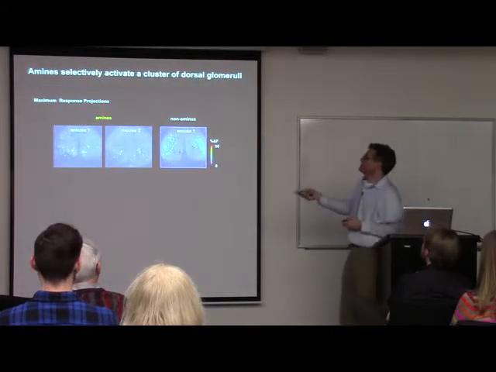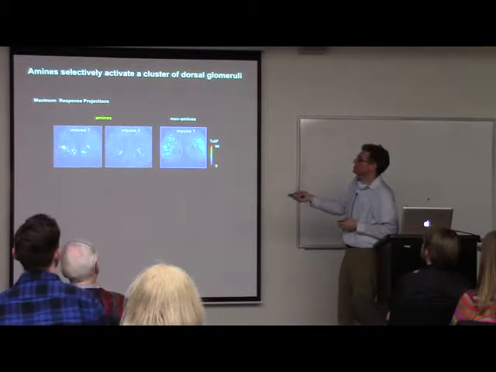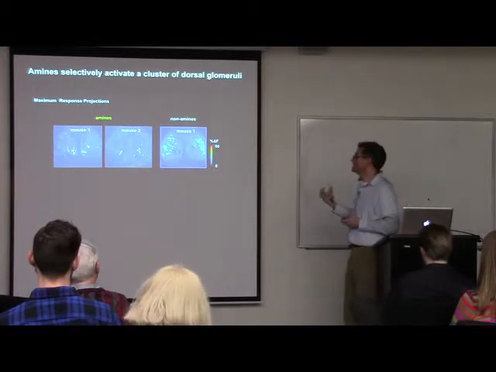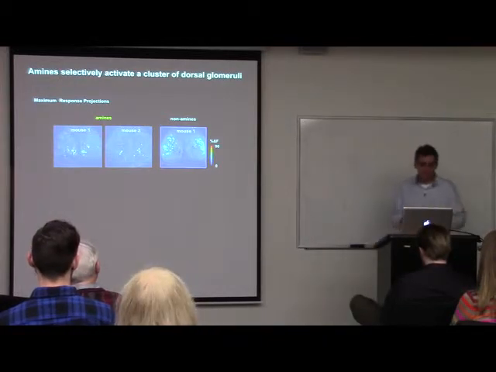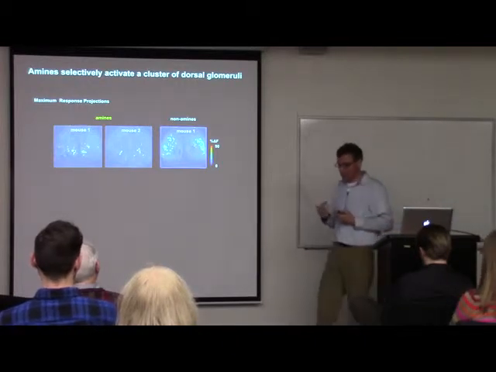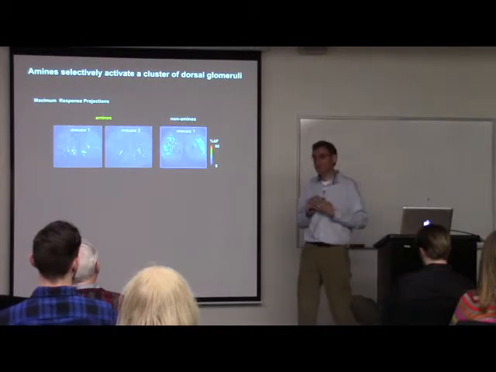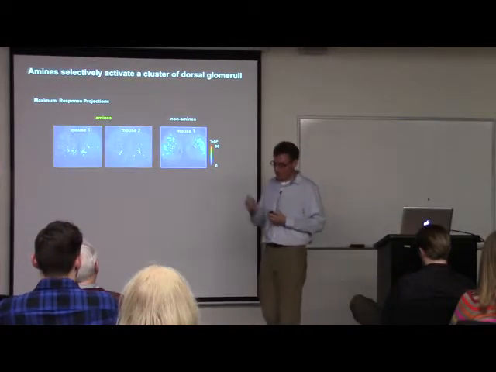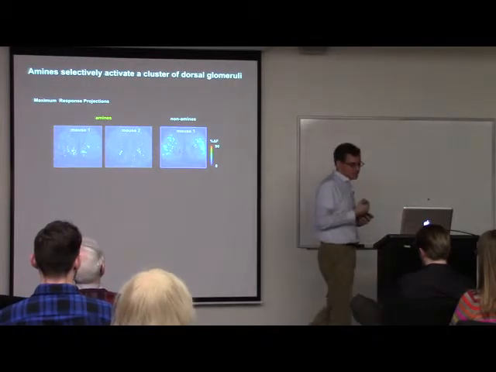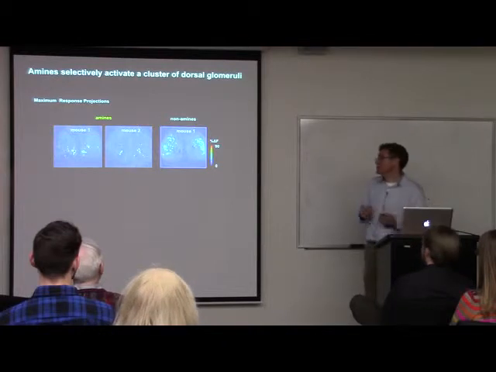If you look across the amines, this is a max projection of responses to a couple of amines. What you see is that glomeruli in this region are preferentially activated, and that region corresponds to the other TAAR glomeruli. So we have a very nice handle. We have a set of glomeruli that we know we can activate in vivo. We have cross-reactivity just like normal ORs. We have preferred ligands, and we can now look to see how individual TAAR genes contribute to whatever behavior we're